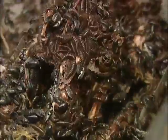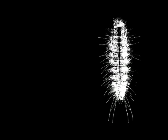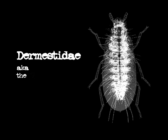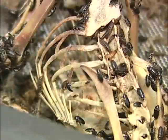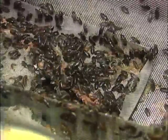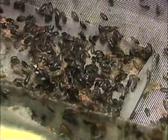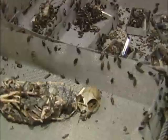So this is what we call the bug room or the beetle room, and this is where we have these separate little colonies of beetles. The scientific name of the family is the Dermestidae, and the common name is scavenger beetle. This is something that you would find on a dead animal on the roadside, and is one of the main things in nature that would be helping to just turn over organic material as things die and get returned to the earth. So what we do is bring those carcasses in here, dry them out a little bit, and then